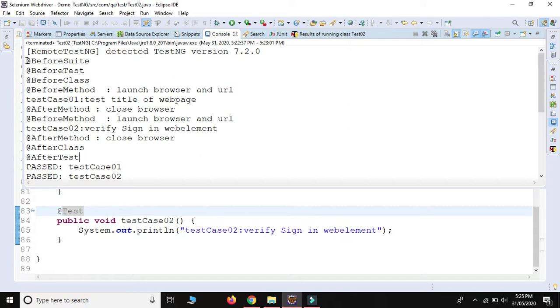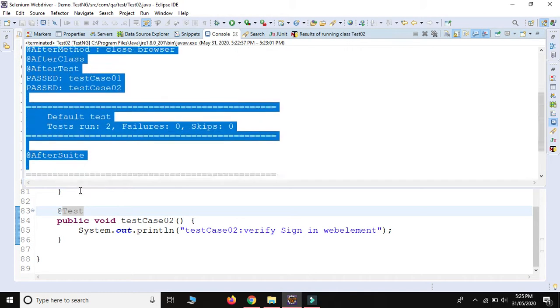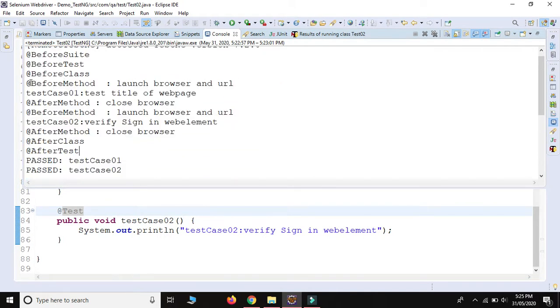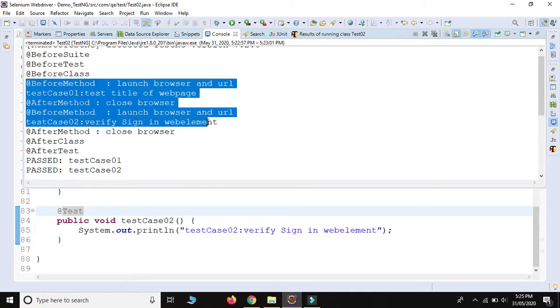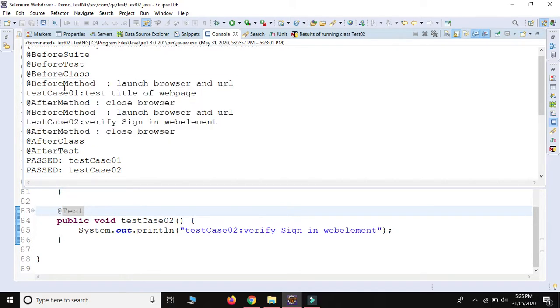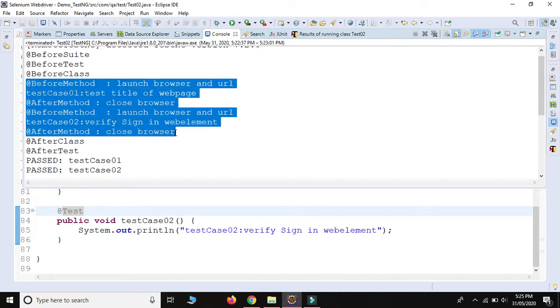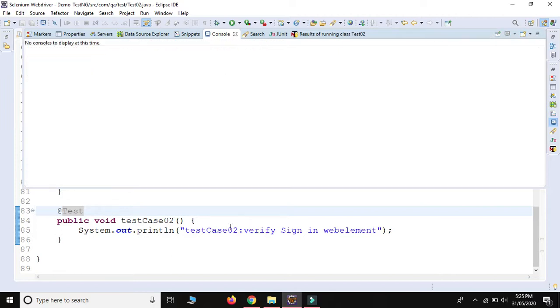So this is the execution flow, and this is the way to understand how many times your annotation is going to execute. These two annotations depend on the number of test cases.